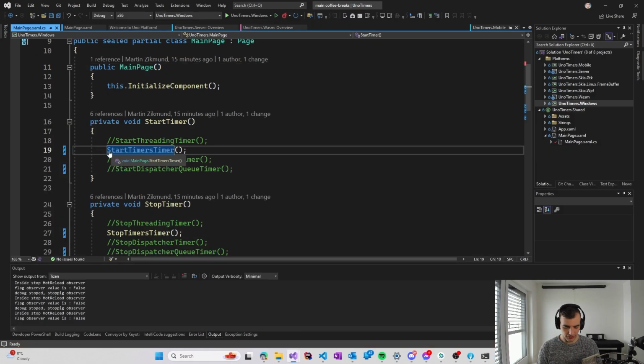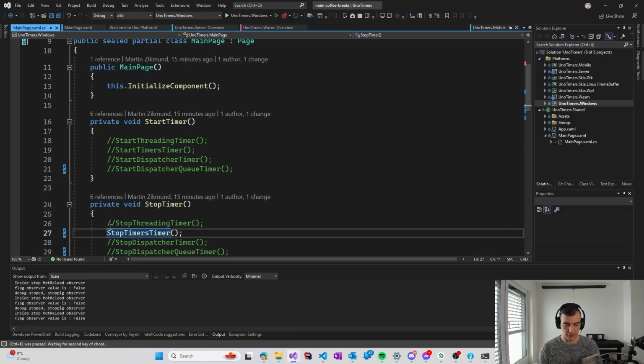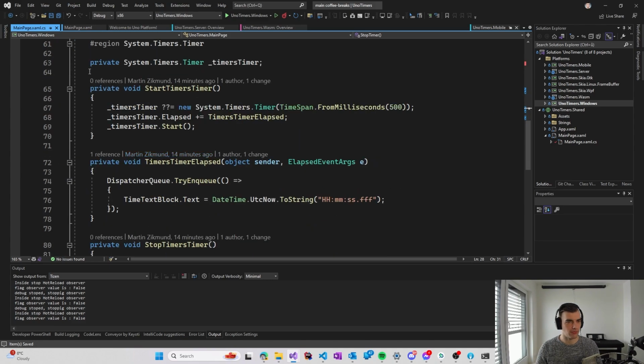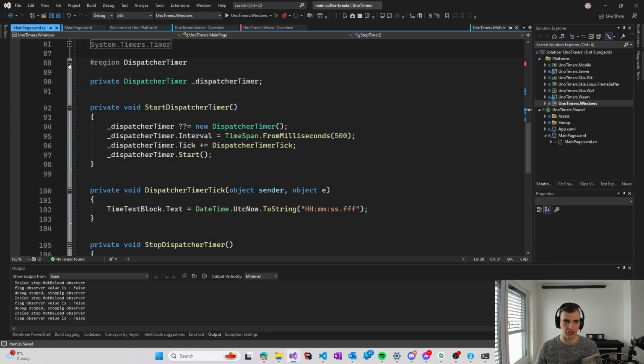So these are the simplest timers that you can use, especially for scenarios where you don't expect to manipulate the UI thread and you don't really care on which thread the event handler will run. But if you want something that actually does work on the UI thread, you can use one of the dispatcher timers. The basic, most common one is dispatcher timer,